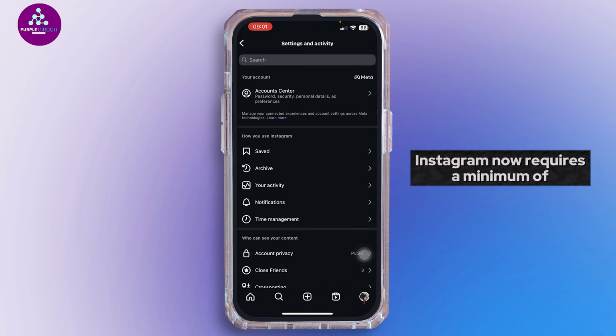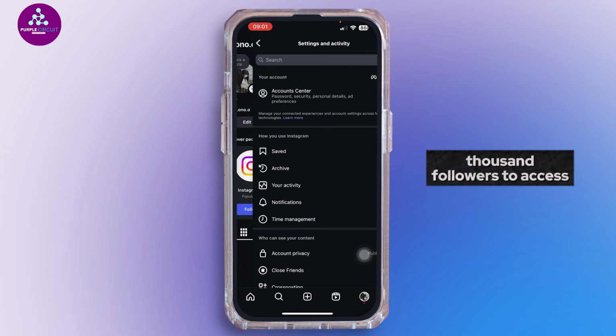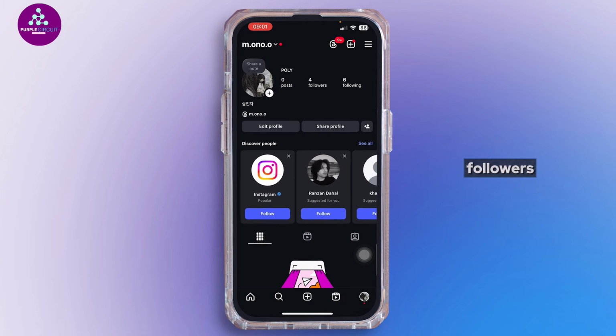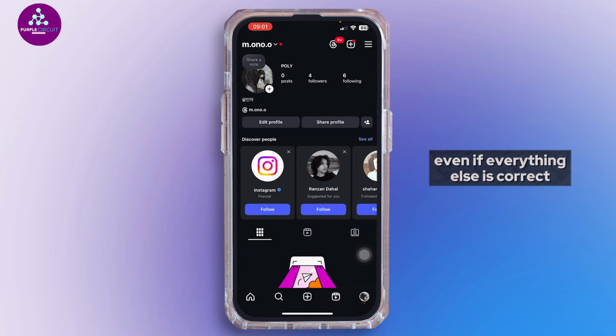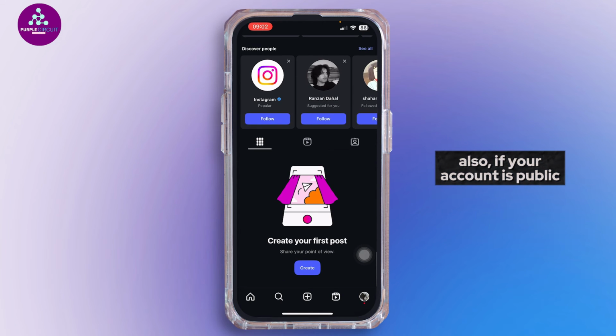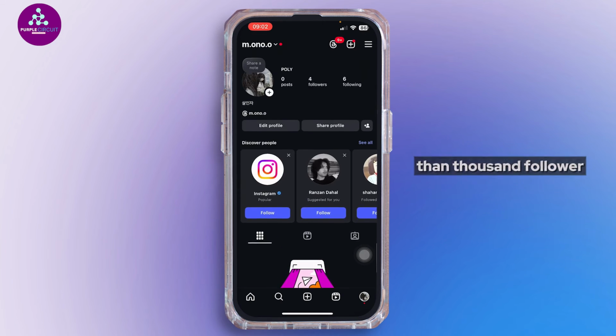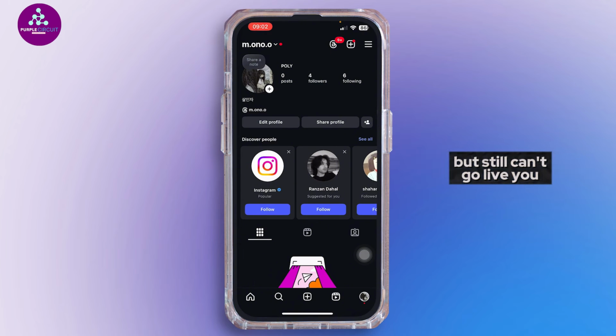Instagram now requires a minimum of 1,000 followers to access live. If you have less than 1,000 followers, you won't be able to go live even if everything else is correct. This is a new rule in 2025 and applies to all regions. Also, if your account is public and you have more than 1,000 followers but still can't go live, you can